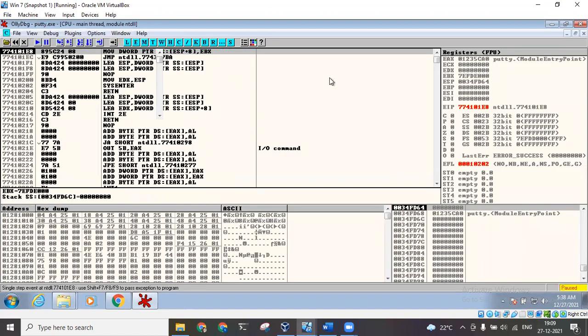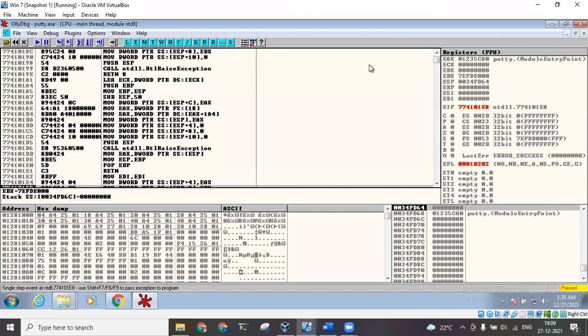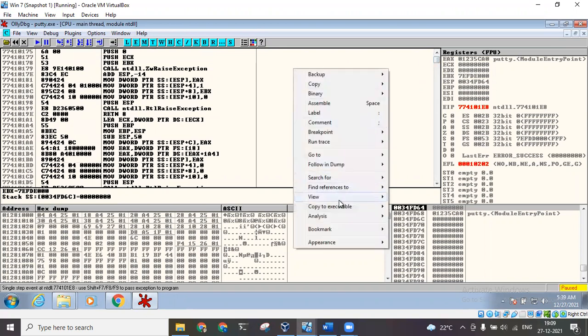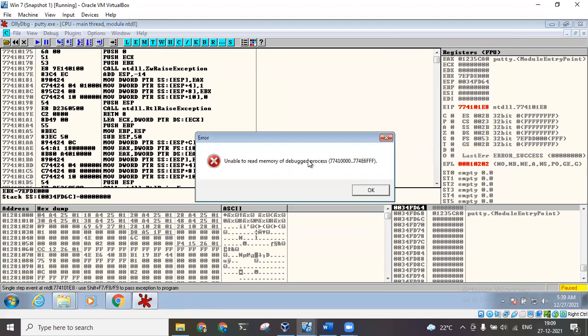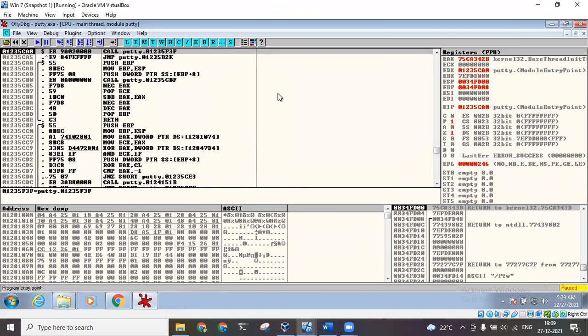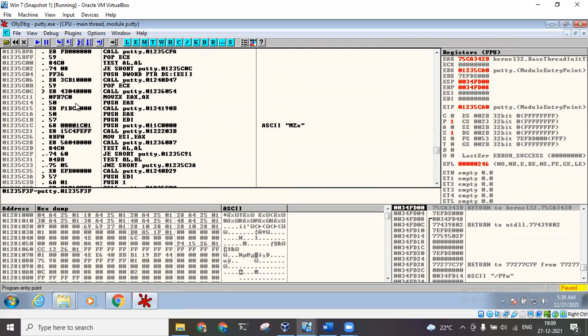Yeah, this opened. So this is the exact assembly level code. Right now, if I try to do anything, suppose I search for any reference text string, because I know I would see the "login as" text and I need to change that, and I try to click on this, it should not work, because it is not running. So I have to first click on this run button. The moment I click on run, it will start running in the background, and then I can actually do my analysis.